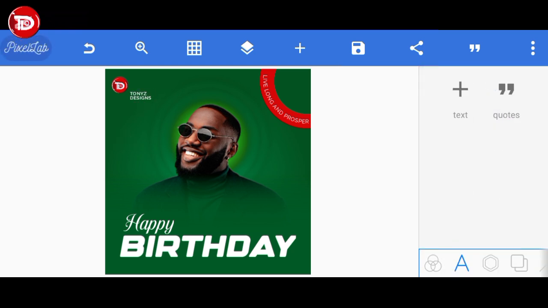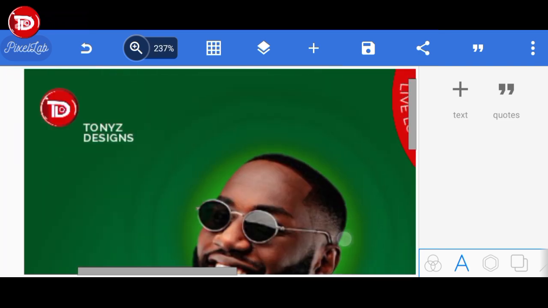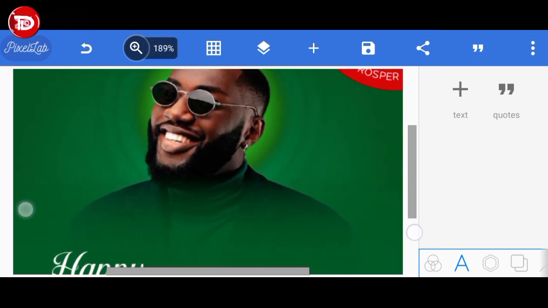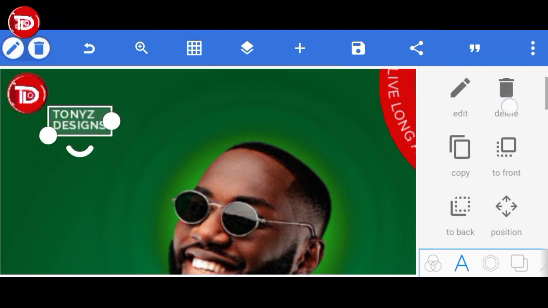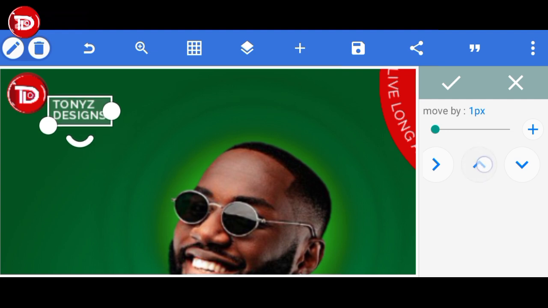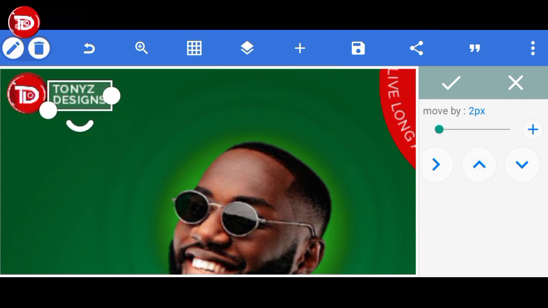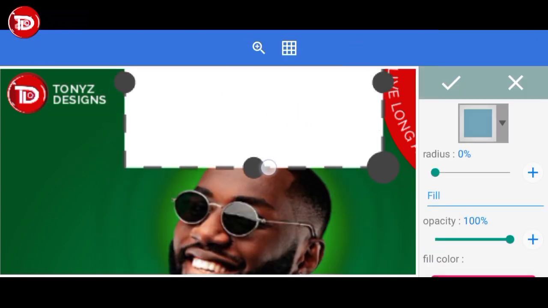Okay, now you might not really see what you want to do here, so I will zoom in to this particular design. I'll go to the position and adjust this text. Okay, so after I've done that, I want to add a shape like a line here, so I'll go over to shape. I'll reduce this,